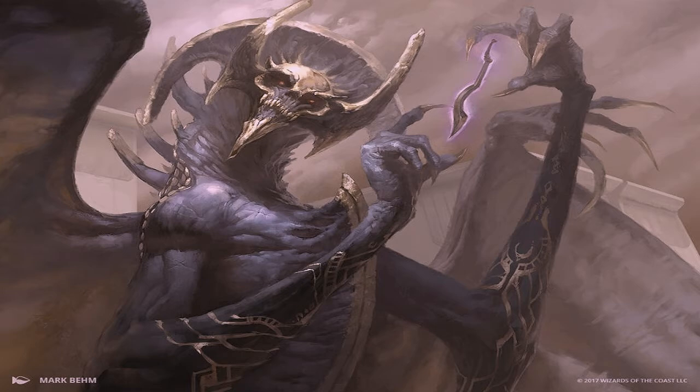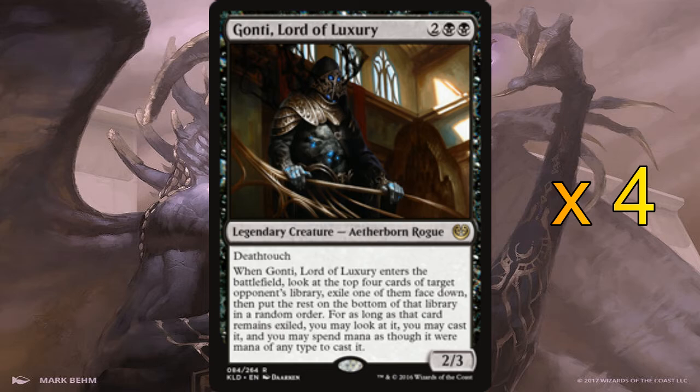Next we go on to the creatures. We play 4 of Gonti, Lord of Luxury, which is a legendary creature, and I know we're playing a 4 of, however, Gonti's ability is what we want to do. I don't mind using the legendary rule and playing another Gonti to remove the other one, because Gonti's ability is great to look at the top 4 cards of your opponent's library and then choose any card,